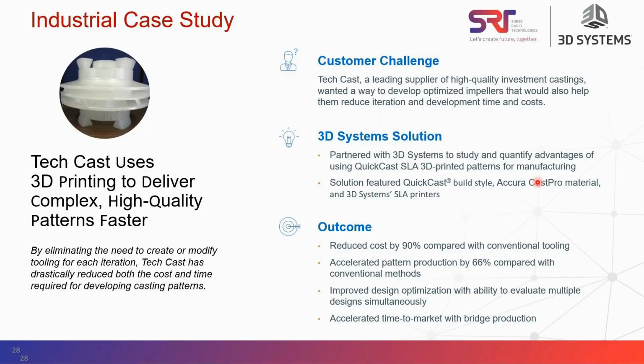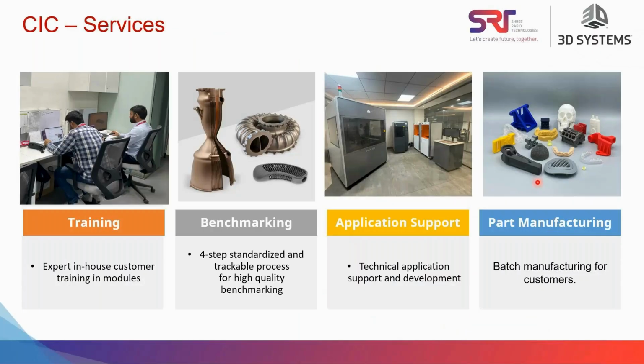So the CIC, Customer Innovation Center, Metal and Plastic. This is the solution we offer. We do training, benchmarking, and application support to find the right material and right machines, and we help out with projects as well. We also do regular on-demand printing services for plastic, ceramic, rubber, metal, and QuickCast investment casting patterns as well. So that's all of my presentation. Please reach out to us for any query or any support if required. I'm happy to support on that.